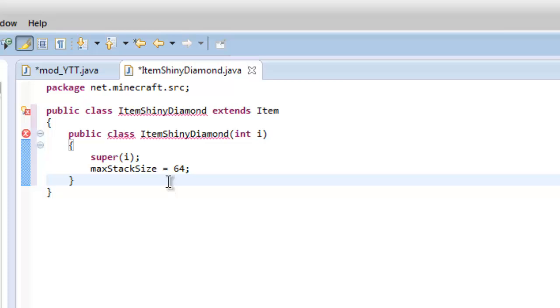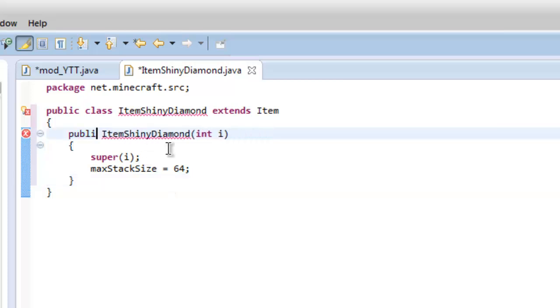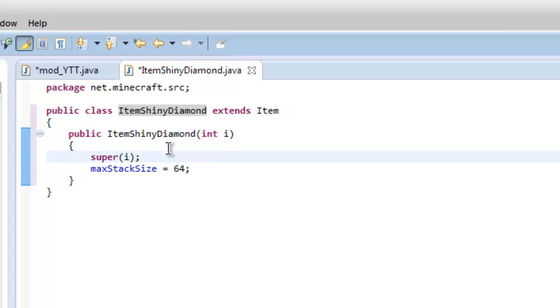Now, I'm sorry, you don't need the class. You already made that, or you made it for us. I'm so sorry. Public class, it's up here. No, it's only public item shiny diamond integer I. And super I, I don't know what the super I does. I'm sorry, but I